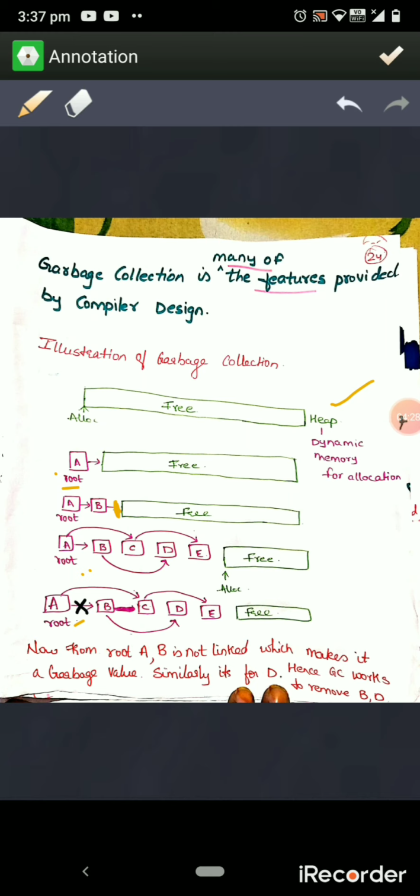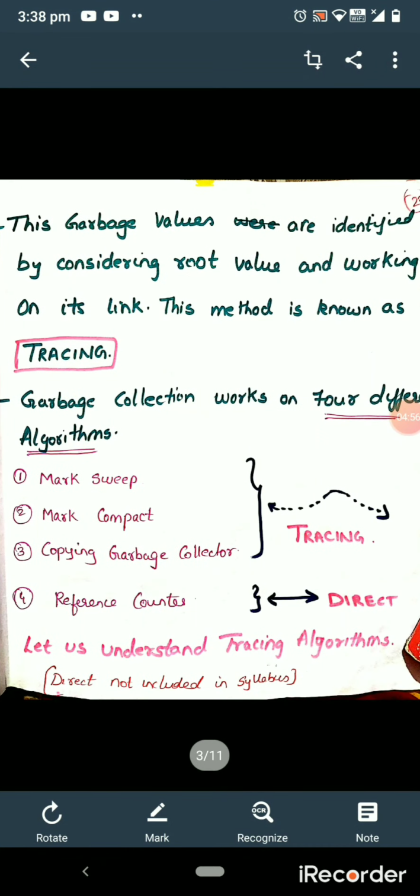Got the point? Because the root is not pointing to B, it becomes garbage. Also observe that B was pointing to D. But now because B has become garbage, D also becomes garbage. So in our illustration, we have A, C and E as the objects, and B and D as the garbage values.